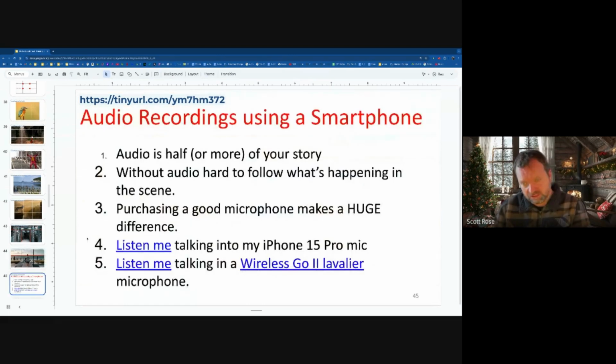So recording using a smartphone is a little tricky, but it can be done if you have the proper gear. So for example, audio is half or more of your story. So if you have bad audio, most likely nobody's going to watch your video. If you have good audio and bad visuals, most likely people are going to watch it, because